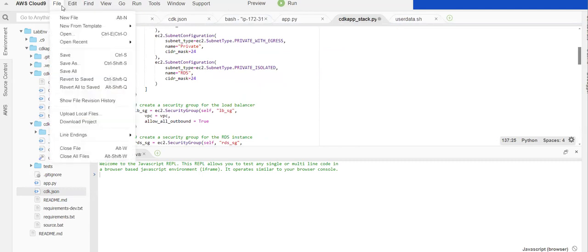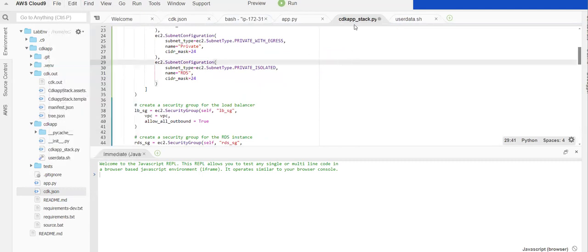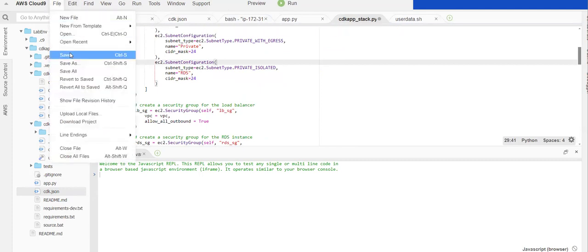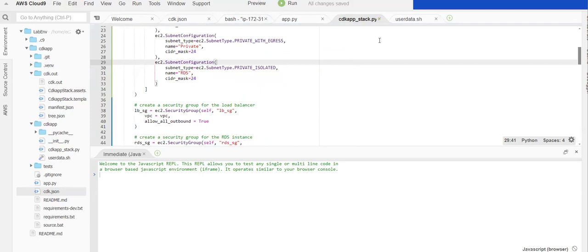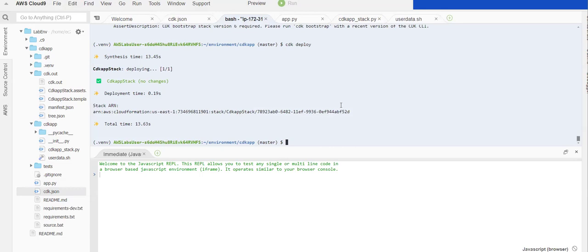Now let's click on file. So I just selected this file, and let's click on file and let's save it. Now actually this file got saved. So let's try to again